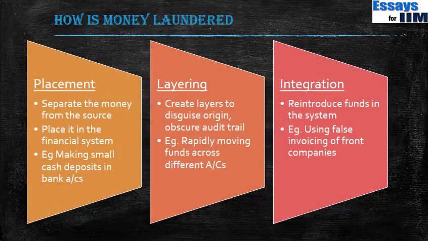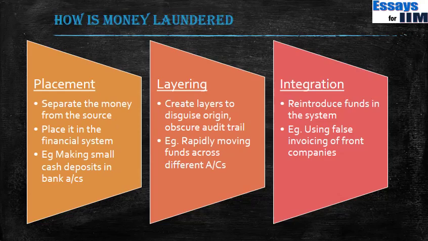Now this is the basic schematic of how money is laundered. First of all, the first step is placement. So you separate the money from the source and place it in the financial system. Let us take the example of corruption. Somebody has corruption money. So what does he do? He separates the money, he gives that money to people and they make small deposits in bank accounts, and again place it in the financial system. So the money is now in the bank accounts, but because they were made in very small deposits, it is not very noticeable in the eyes of the tax authorities or the authorities in general.